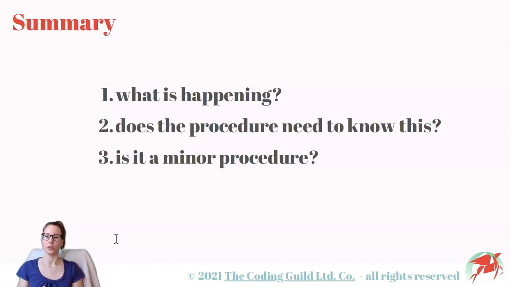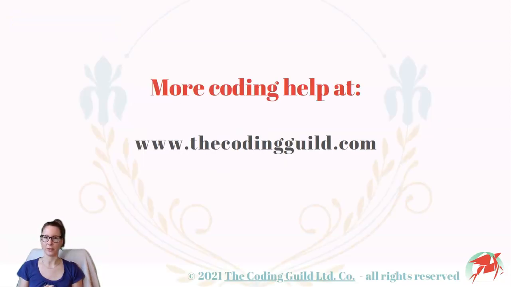Step 3. Check the global days of the procedure. Modifier 25 is used only for minor procedures, those with global days of 0 or 10 days. Other global day periods also exist, such as 90 days, XXX days, YYY days, and so on. See the Global Surgical Modifiers video for more details on those. And that is all about Modifier 25.